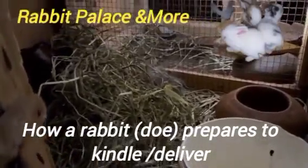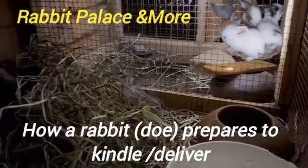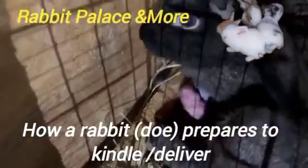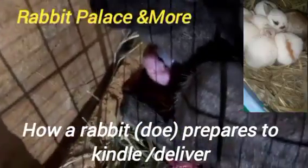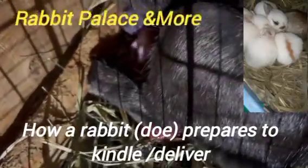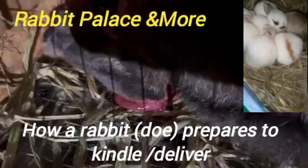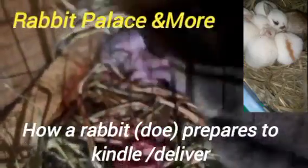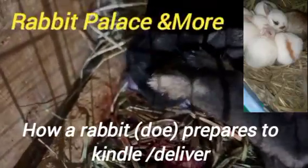What you see usually is that from the last week of the pregnancy, I said the gestation period is from 28 days to 31 days, and for us we usually experience 30 days in our farm here. But what I'm trying to let us understand here is that from 20 days onwards, 20 days onwards,